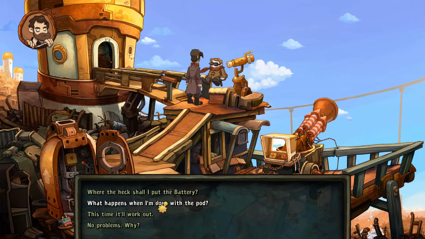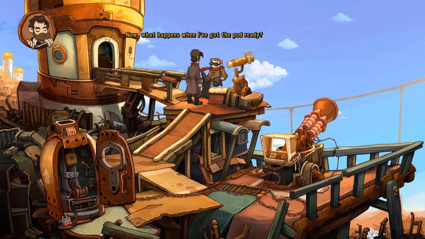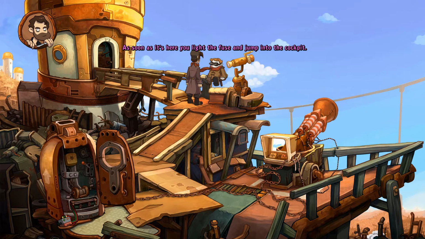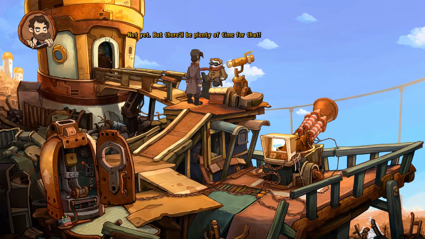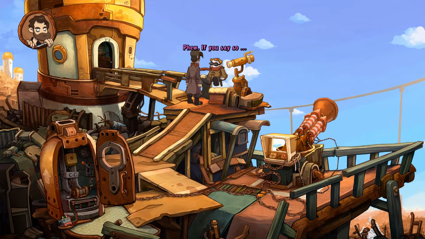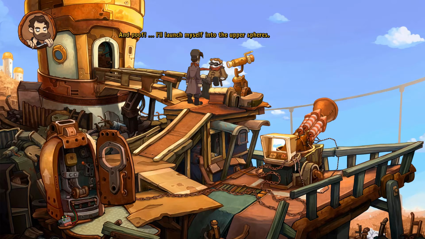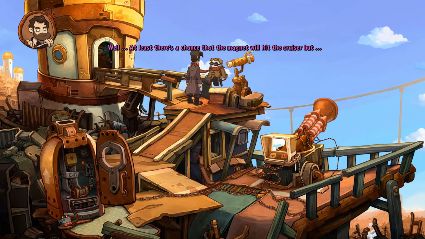What happens when I've got the pod ready? We wait for the Organon cruiser. As soon as it's here, you light the fuse and jump into the cockpit. You have calibrated the harpoon, right? Not yet, but there'll be plenty of time for that. If you say so. All right. Pack, calibrate, light fuse, and I'll launch myself into the upper spheres. Well, at least there's a chance that the magnet will hit the cruiser, but...